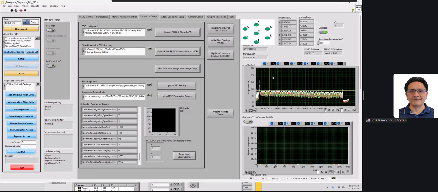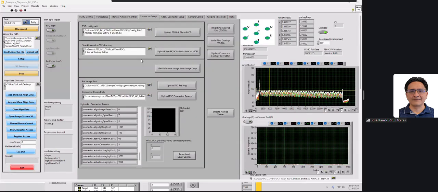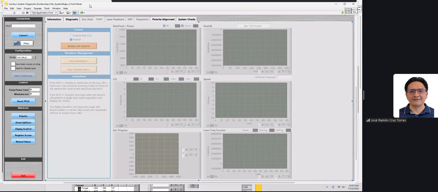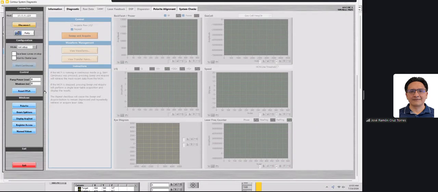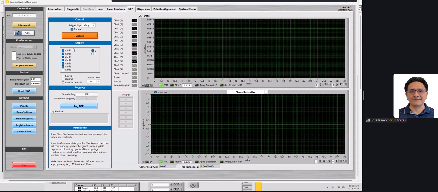We don't have an automated algorithm for finding connector locations yet. That's something that we have for our different systems, but not for this, because there's a lot of peaks here, and the optical network looks very, very different than the normal setup. So what I do is I go into system diagnostic. And if your system's running and you just run connect, it automatically detects the state and just knows that it's running. But you can go into